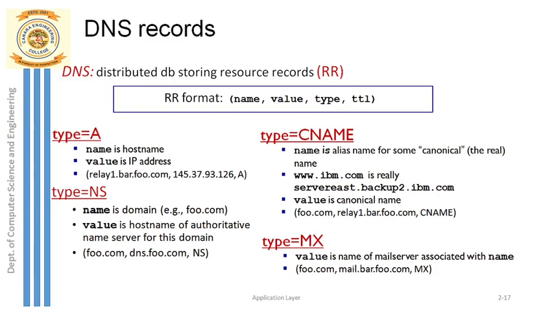Next comes our type CNAME record. What is the CNAME? It gives us just the canonical name of the host name. So this type of record might be stored in, again, the TLD DNS server, or it may be in the root level DNS server. Whereas type MX might also be stored in the TLD DNS server or root level DNS server. Okay, so type MX and type CNAME are in TLD, whereas type NS also will be in TLD.